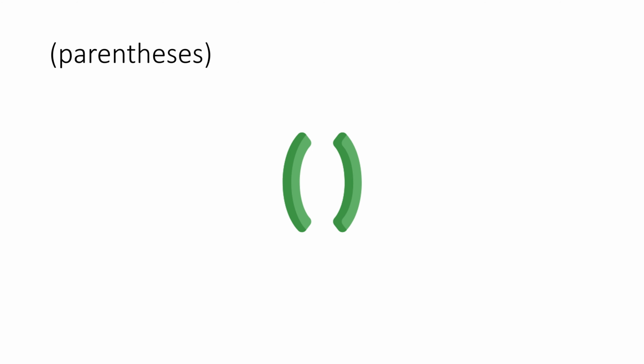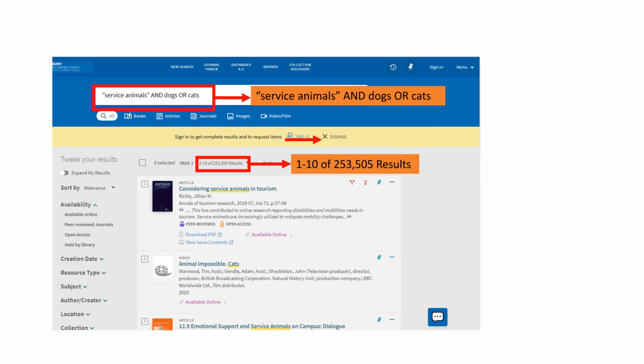Now for the explanation about parentheses. You have already seen that you need to put parentheses around groups of keywords joined by OR. The reason for it is basically order of operations. To explain it, let's first try a search without parentheses. Let's try "service animals" AND dogs OR cats. When we do not use parentheses, the database works from left to right, giving us